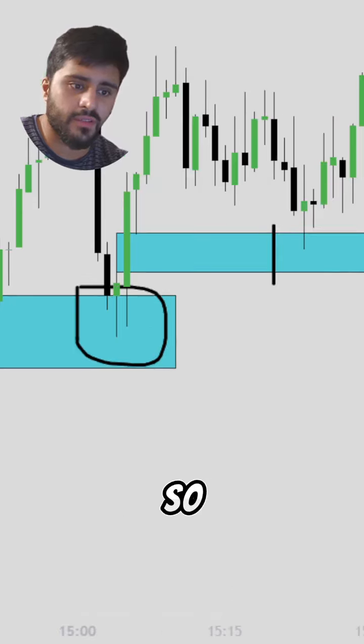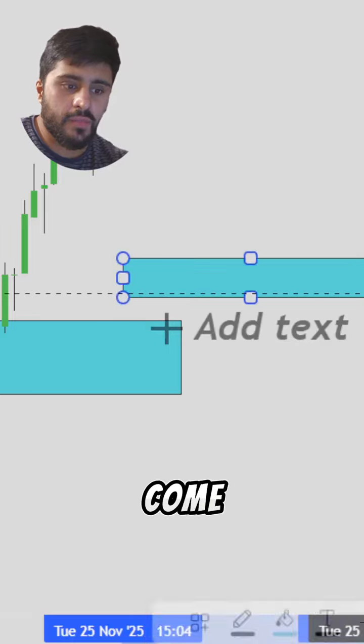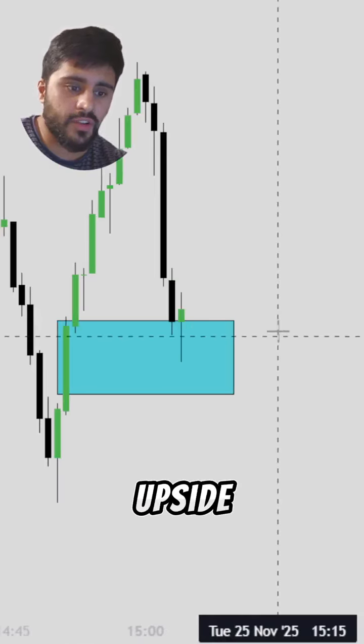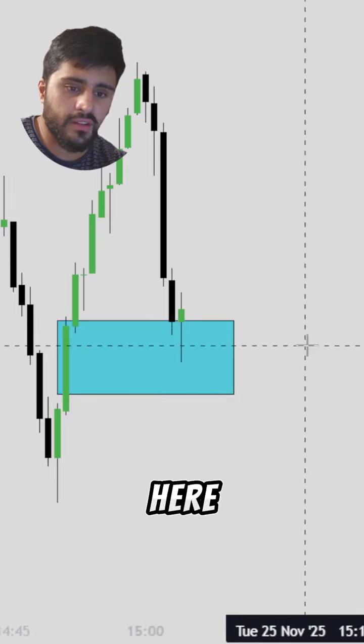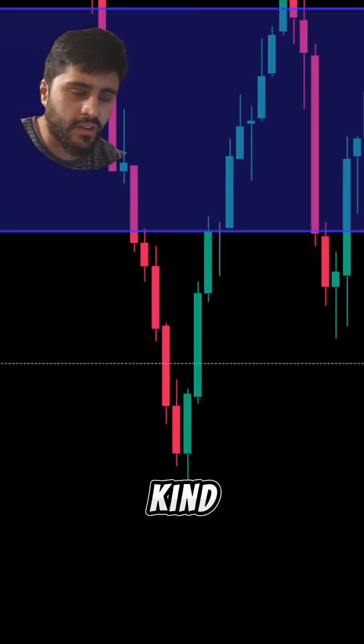rejections to the upside, right? So let's quickly go back and see what was going on, right? So when you come into a fair value gap of any kind, when you see a rejection to the upside, you want to focus on what was going on over here, right? So this was 67.90. So if we go to the ATAS platform and kind of take this up, this was